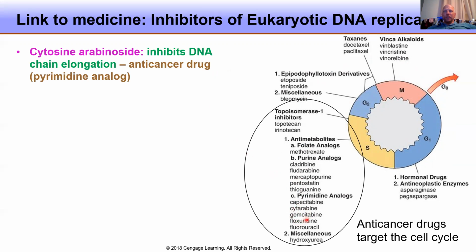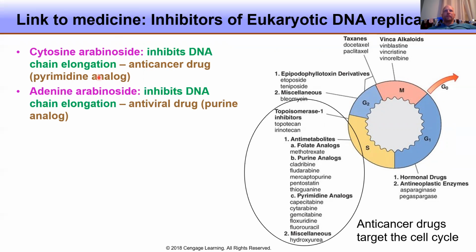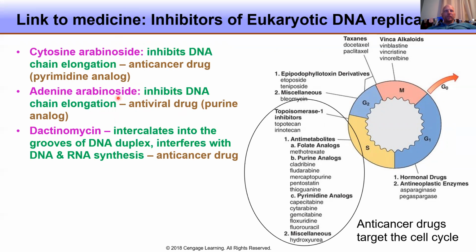It's also called cytarabine, and it's an example of a pyrimidine analog. So you remember that you have the two major groups of bases in DNA, purines and pyrimidines. So this is an analog for a pyrimidine, and it inhibits the normal process of DNA replication, preventing chain elongation. And we have another drug here. This is actually a purine analog, and it works as an antiviral drug and also inhibits DNA chain elongation. This drug here, actinomycin, also known as actinomycin D, this inserts into the grooves of the DNA